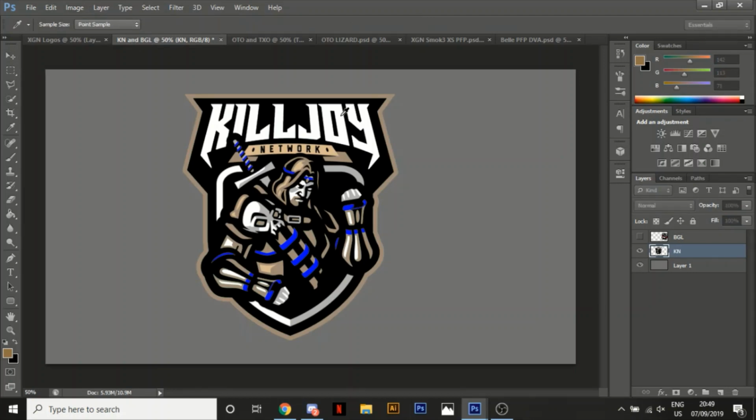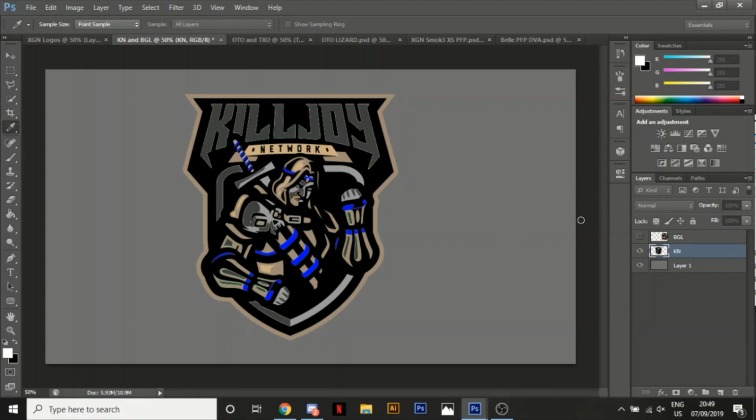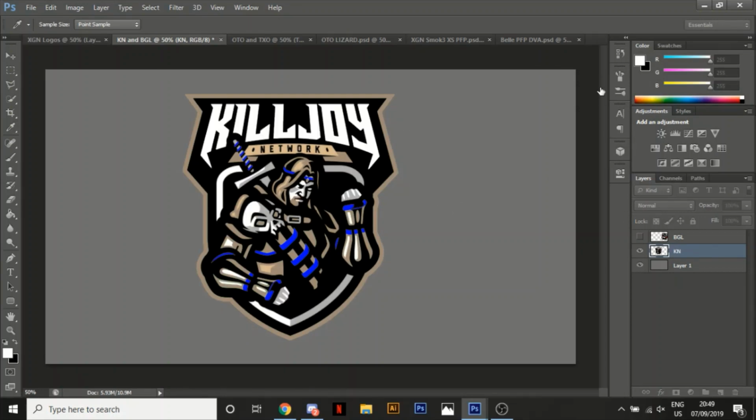So I've done that. Now I've got my whites. I'm going to want to change my white, mainly just because it's there, but it's not quite what I want. So let's say I wanted a dark red. No, that's not dark red. I don't understand what's going on there. Oh, I'm changing the wrong one. Okay, right. So let's say I wanted to change my whites. There we go. And let's say I wanted to change them to